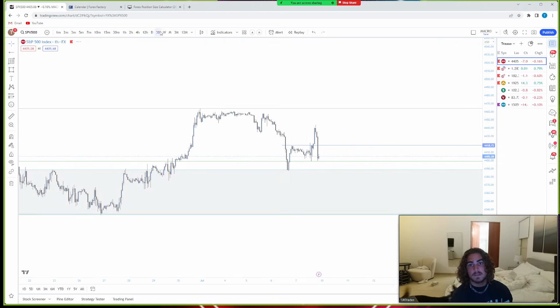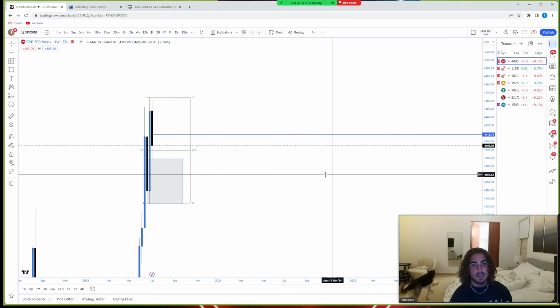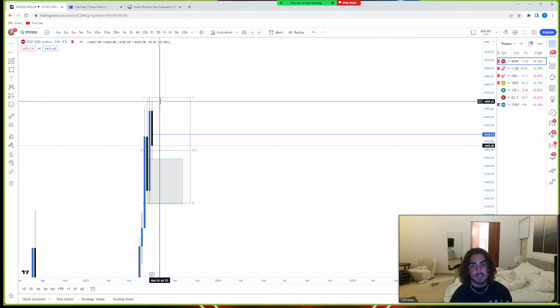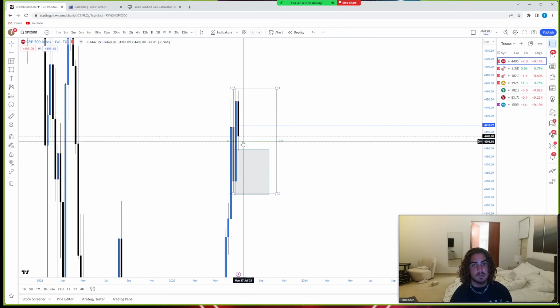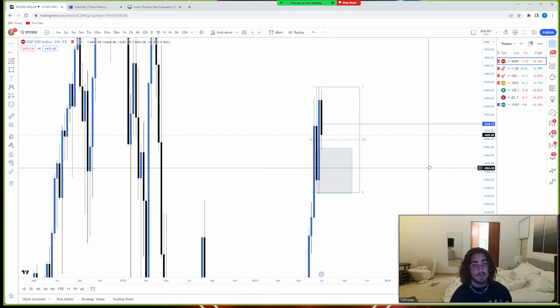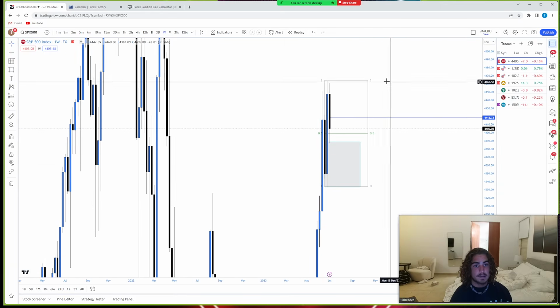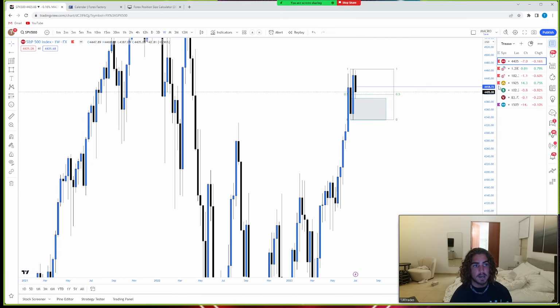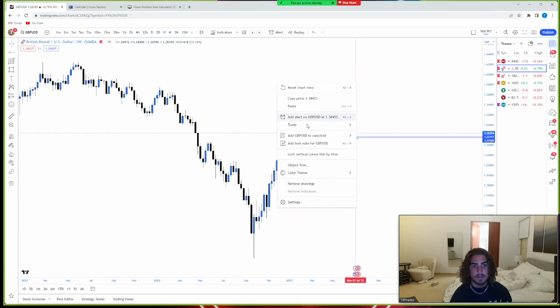Okay, and then continuing weekly, looks like we're just getting a retrace right here. This daily equilibrium is essentially weekly equilibrium as well. So yeah, still looking bullish on the week. Moving forward,